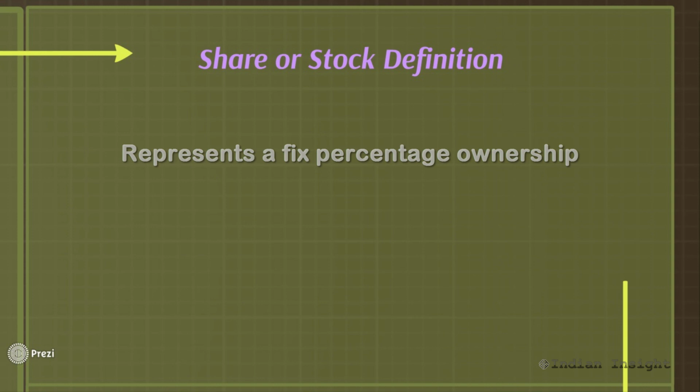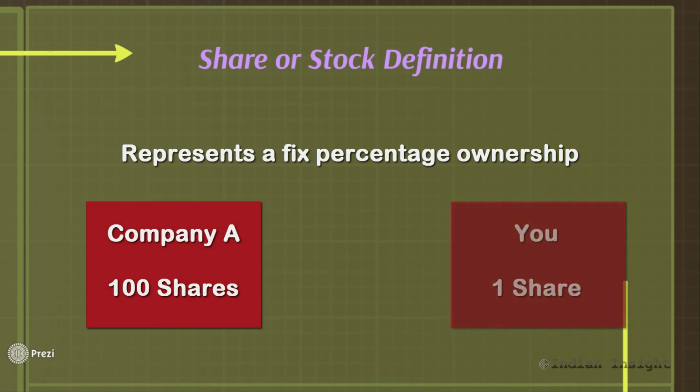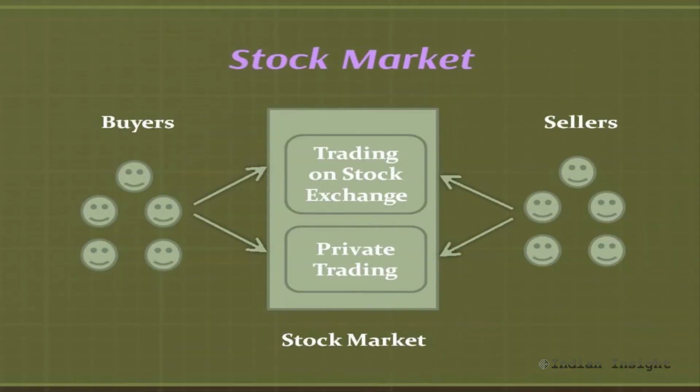A stock or a share represents a fixed percentage ownership in a company or business. For example, if a company has issued 100 shares and if someone were to own one share, then they essentially have 1% ownership in the company. This means that the shareholder has rights to 1% of the net assets of the company, and they also have the right to 1% of the net profit of the company. So now, having defined what is a stock or a share, next we are going to see what is a